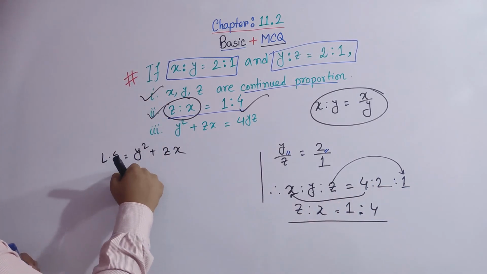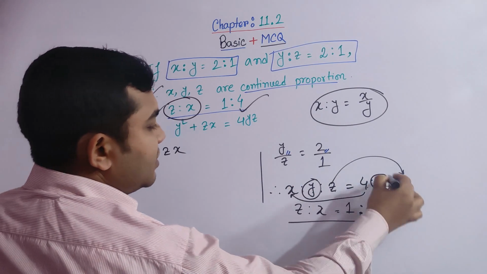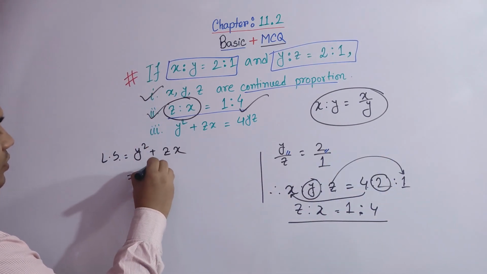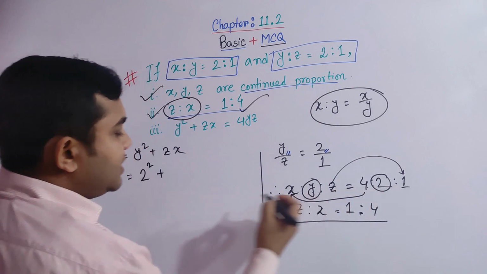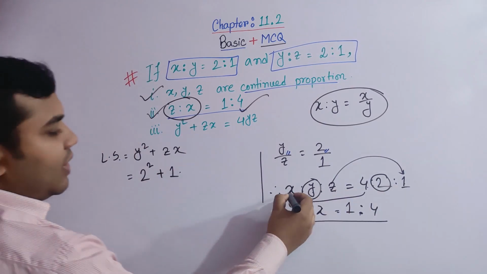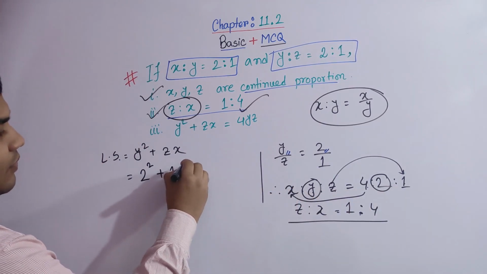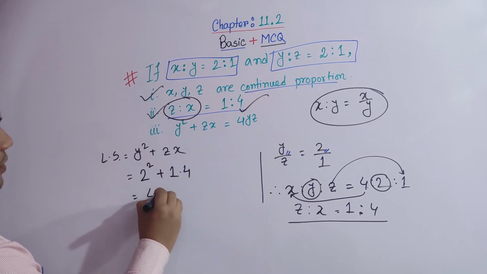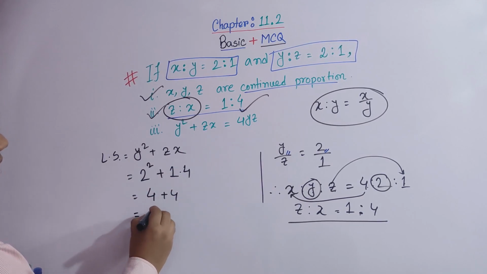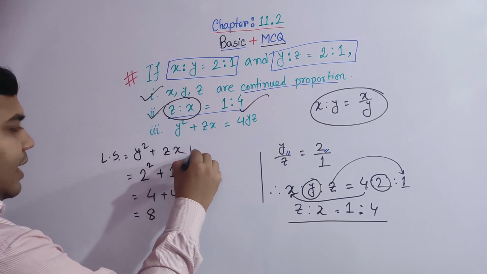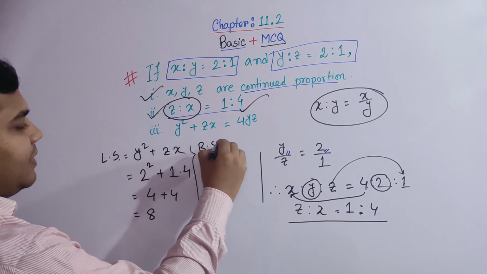So here the value of y is 2, the value of z is 1, and the value of x is 4. So it should be 4 plus 4, that is 8, and our right side should be